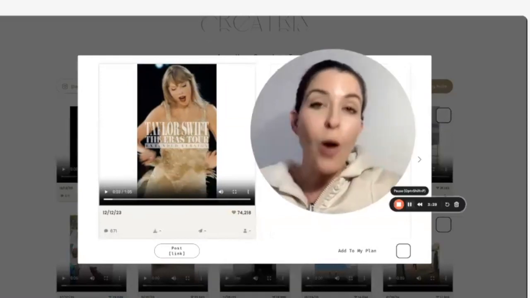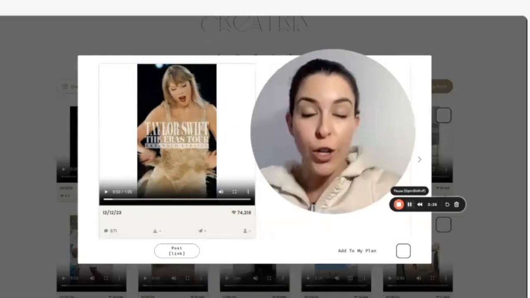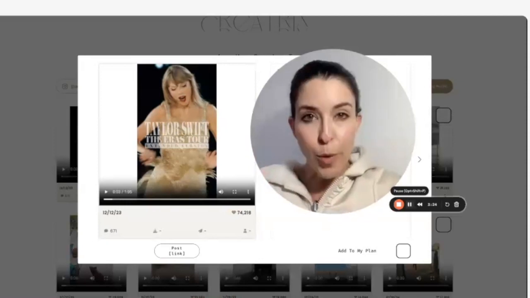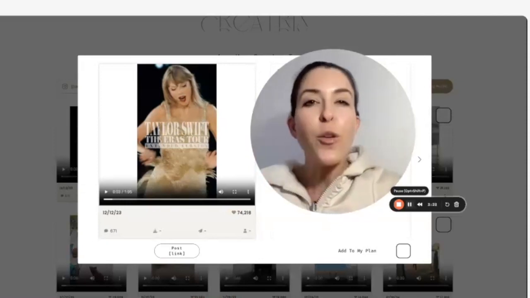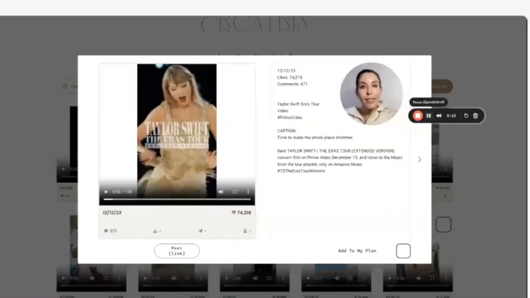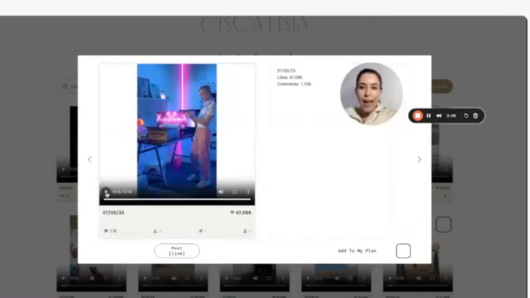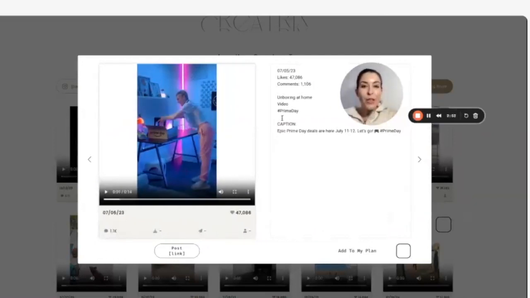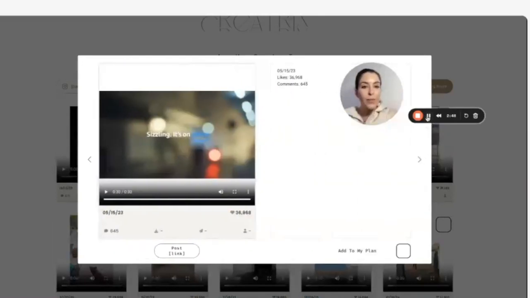As you can imagine, there are a million variables that you can pull when you're looking at data. So for the purpose of this product demo, I'm looking at what are the products and services that Amazon's audience loves the most. So in this case, it's a Prime Video. Then we're going to scroll to the next post. I can play this and add my notes. This one is about Prime Day, and I'm going to make sure that I add these notes to my plan before going on to the next one. It's another Prime Video, and it's also Amazon Music.